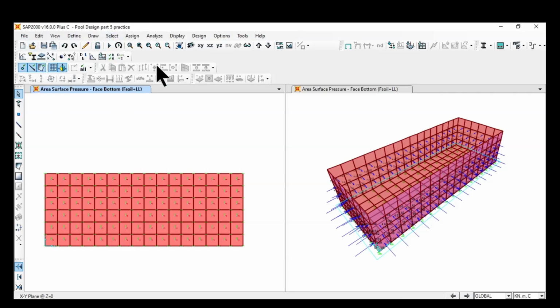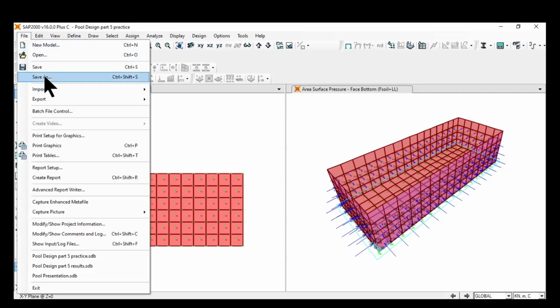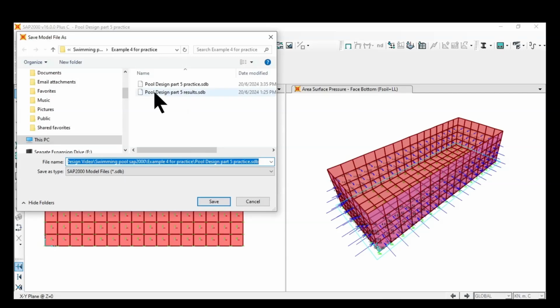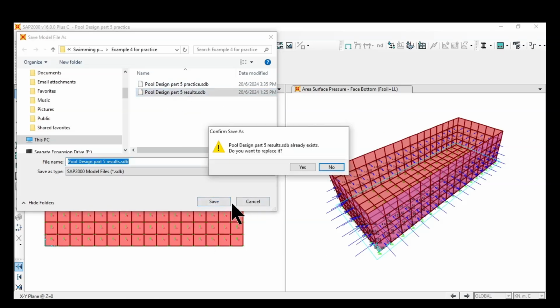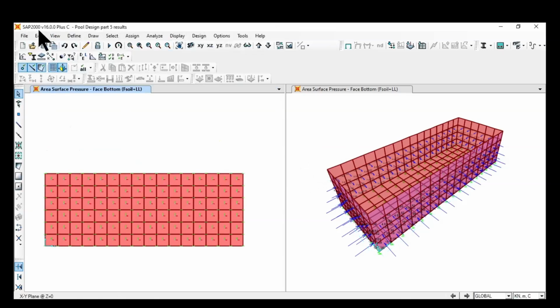How we go up here. Before we do that, it is best to save the file, so we can file, save as. I have already saved it under pool design, part 5 results, but you give it a name. I'm going to give it the same name, save over it. We go up here, that play button,